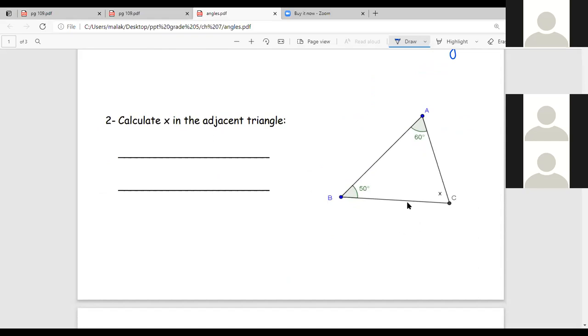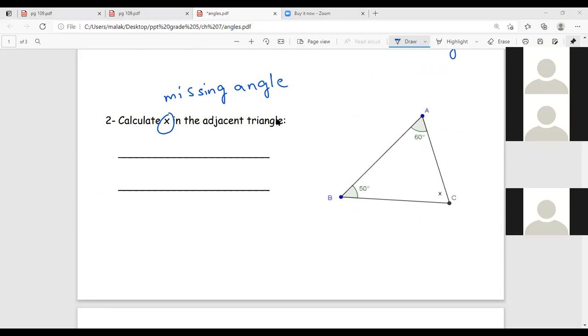Calculate x in the adjacent triangle. We have triangle ABC. X means the missing angle. Calculate, I didn't say measure. So you are not allowed to use a protractor. You have to show me calculation. You will add or subtract in order to calculate the third, missing angle. In this triangle, I gave you the measures of 2 angles. The first one is 60 degrees. The second one is